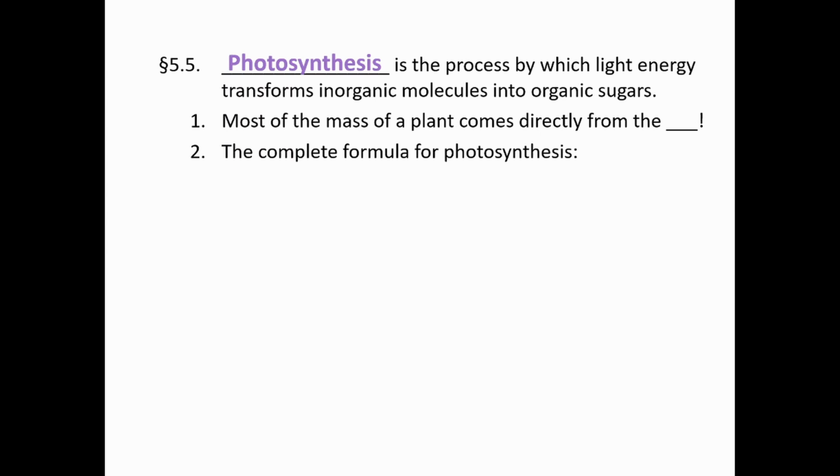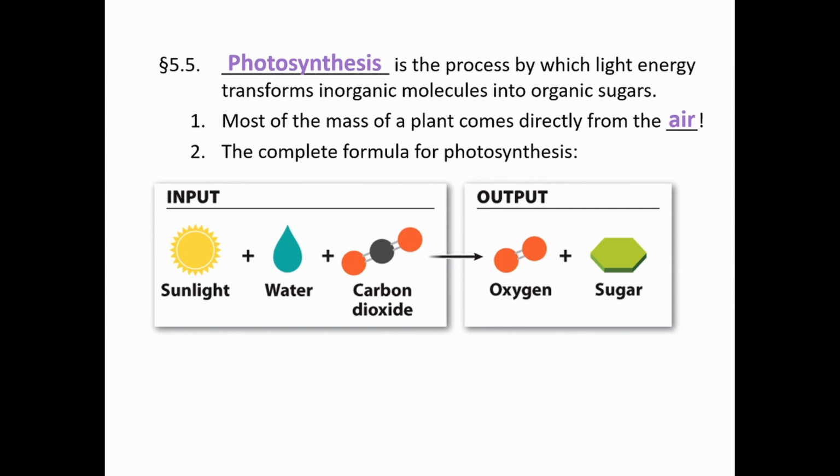In fact, most of the mass of the planet comes directly from the air. We're capturing light from the sun and carbon dioxide from the atmosphere. Now, let's look at the formula for photosynthesis. The input is sunlight along with water and carbon dioxide, sunlight coming from the sun, water coming from the ground